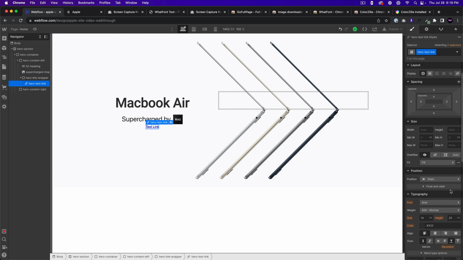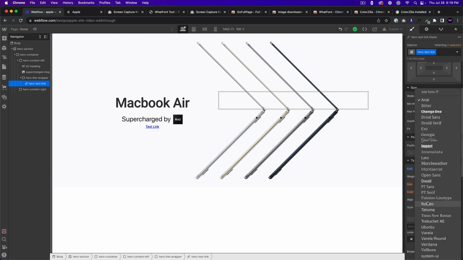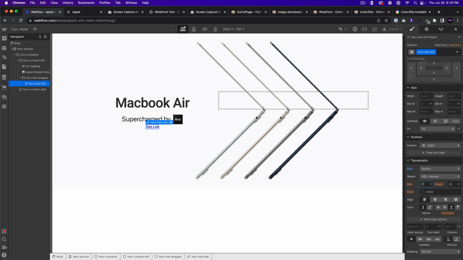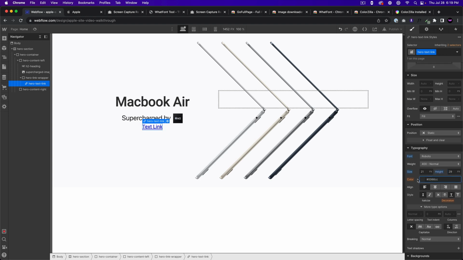So I'll go back in here and I'll set it to Roboto normal, 21 for the size and 29 for the line height, and then I'll paste this color in there. I'll remove the underline initially. Then I'll go to the hover state. So I click this down arrow, select hover, and then on hover, we'll add the underline, and I'll go back to the none state. Okay, so when we hover, it adds the underline, and I'll just add the text, learn